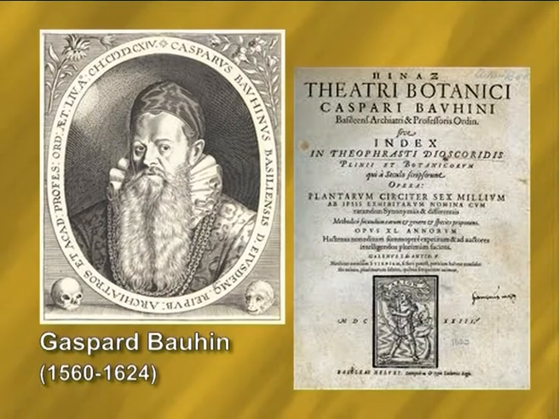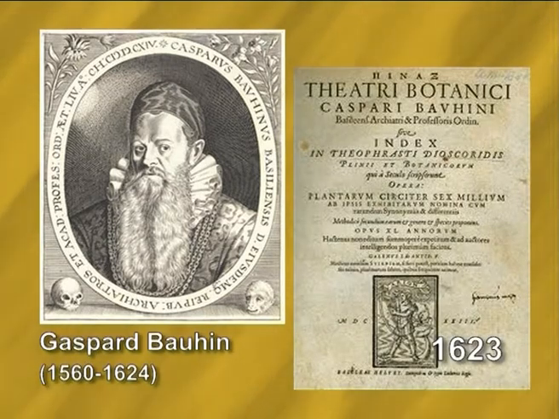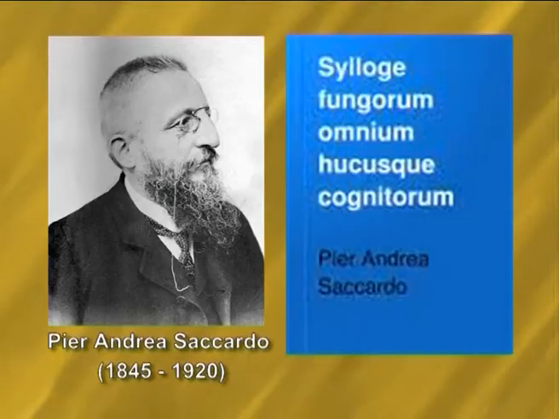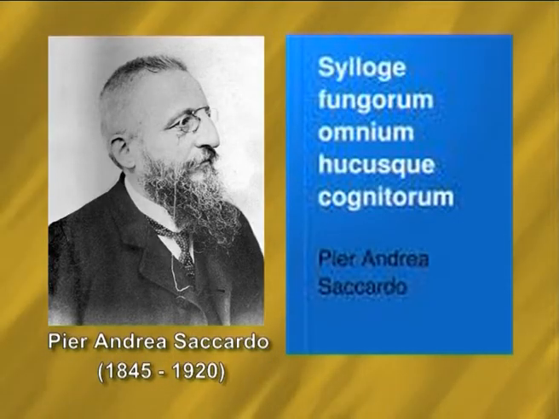The history of fungal classification can be traced back to the time of Bauhin, famous herbalist, who published a simple list of 100 fungi in his book Pinax Theatri Botanici in the year 1623. After that, a number of classificatory systems have been published by different workers from time to time, some of which gained importance and wide acceptance. For example, Saccardo published his system in the year